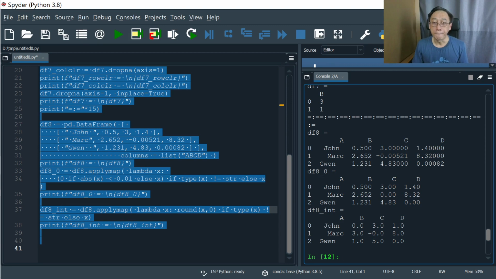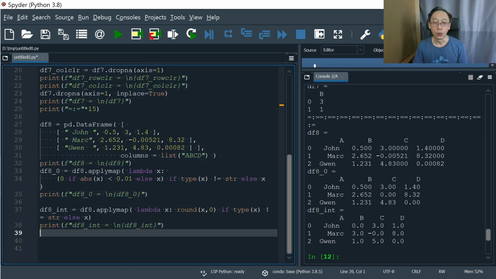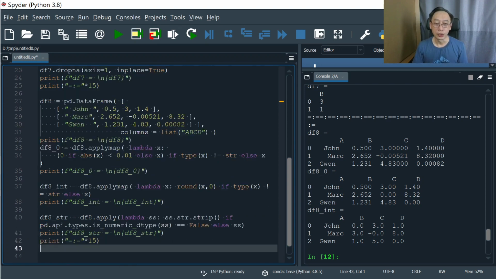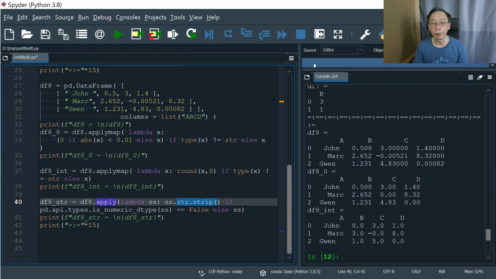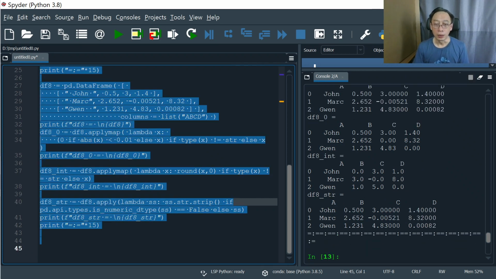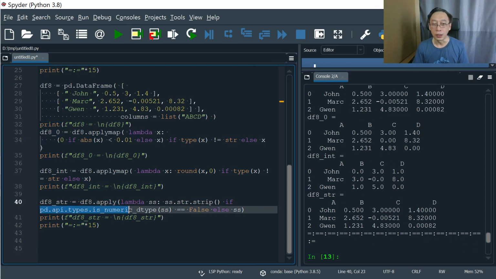Now, this is about noise creeping into decimal places. Then we also have noise in storage, which are strings. So now we are going to apply the .str.strip function, which basically takes a string and removes any prefixing and suffixing spaces. We do that only for the case when the column data type